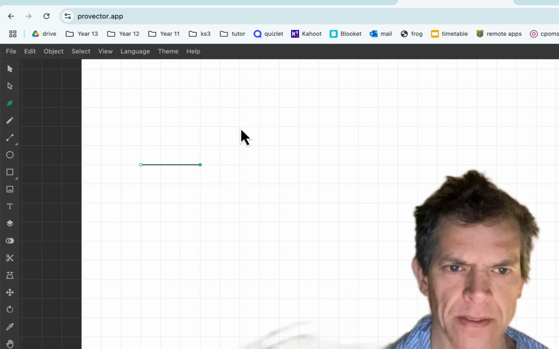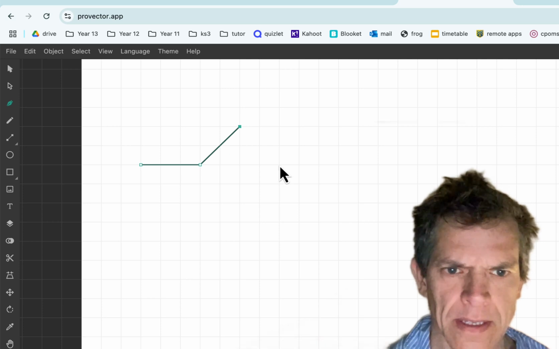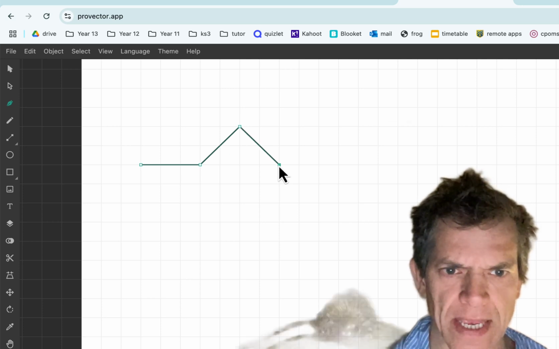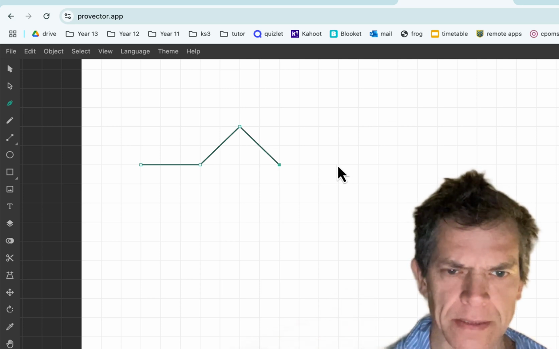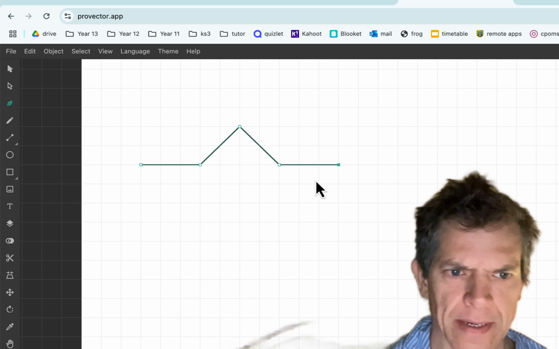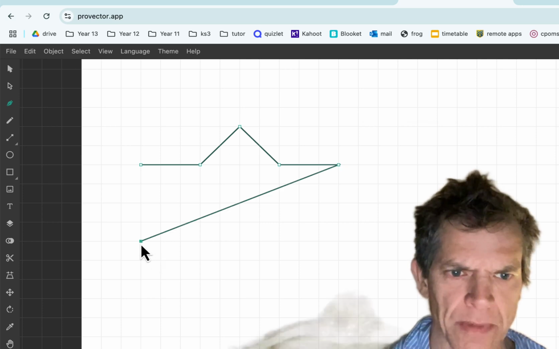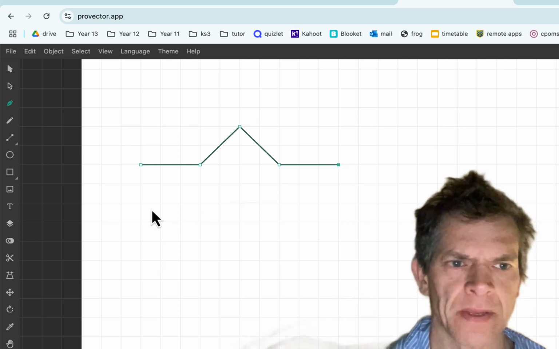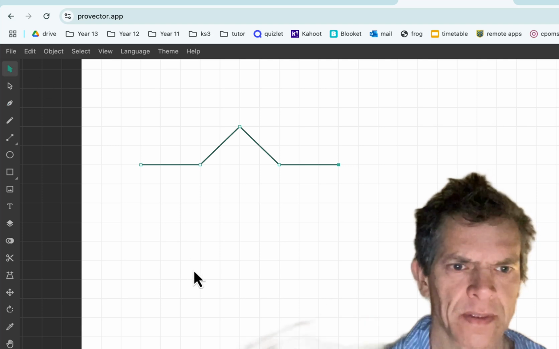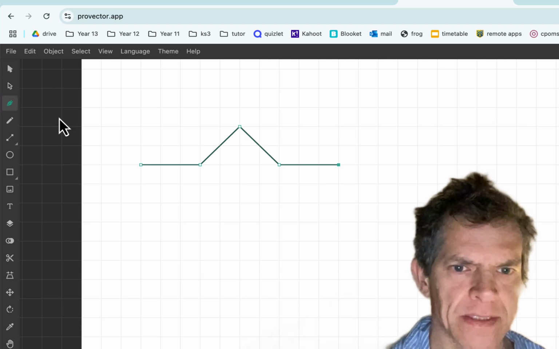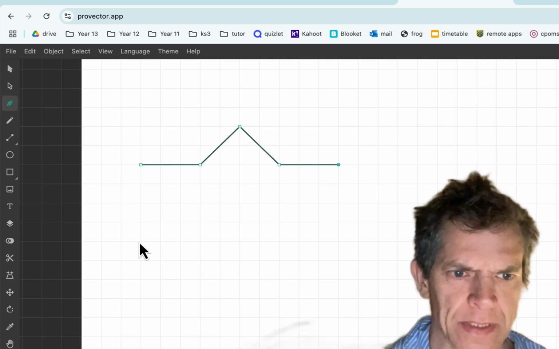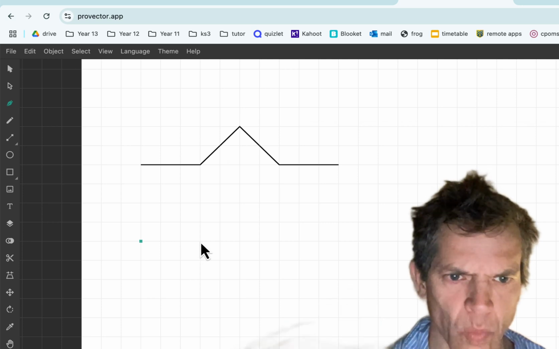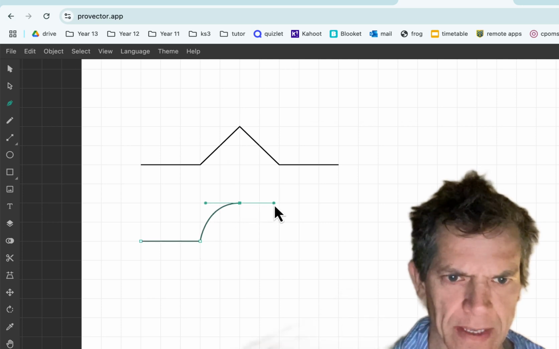If I go here, here, clicking without dragging, I get straight lines. Now, if I did the same line, oops, sorry, I'm going to click off, and now I'm going to click back onto the pen so I can start a new line. If I did the same line, but on one of the points, so on this peak here, I'm going to click and I'm going to drag. I'm going to drag, and now I'm going to go back to single click,